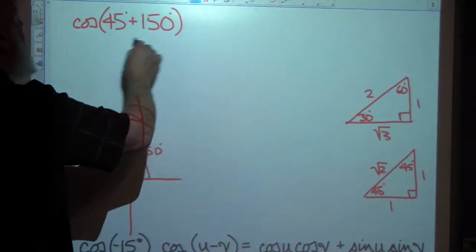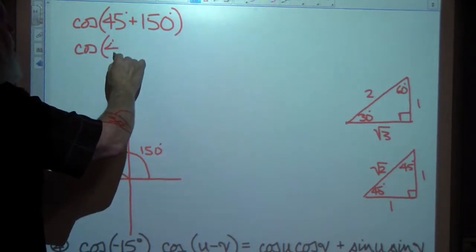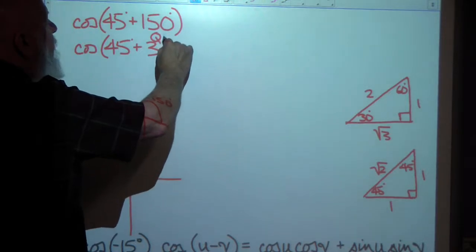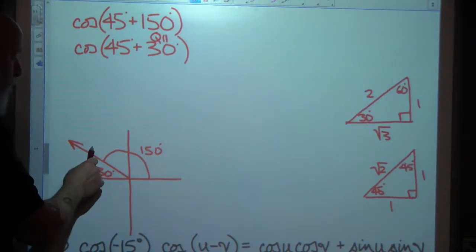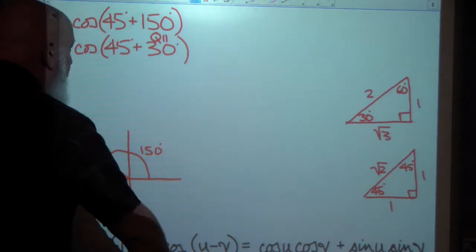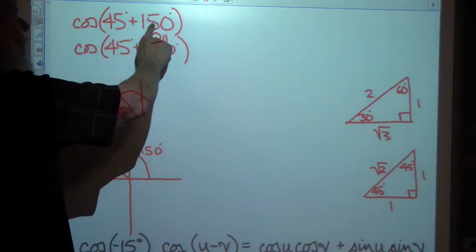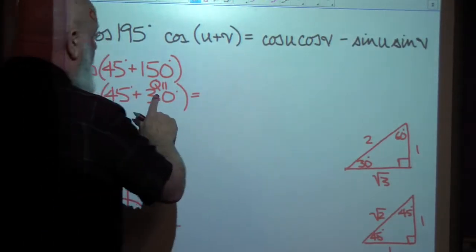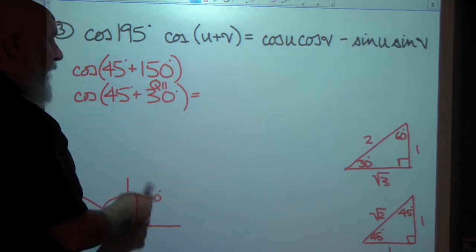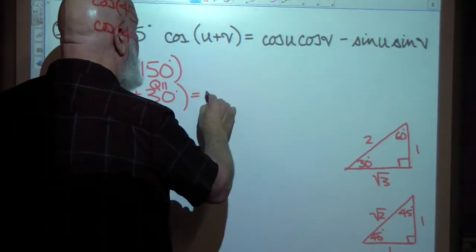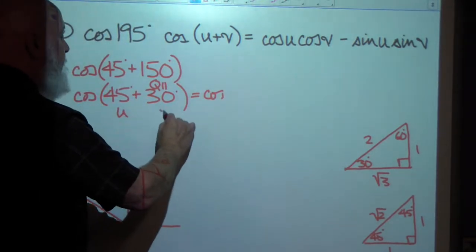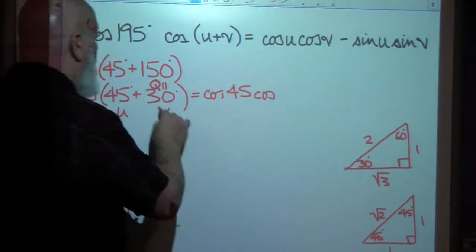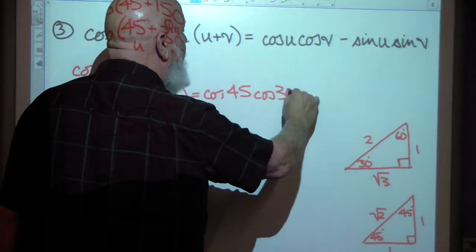So what I'm thinking is, this is the same thing as the cosine of 45 plus 30. Those are degrees. Remembering that I'm in quadrant 2, so my cosine will be negative. All students take calculus. The cosine will be negative here. So I'm using the reference angle of 150 degrees, which turned out to be a special case angle, and I'm going to use this pattern right here. Remembering that the cosine of 30 degrees will be negative because it's a second quadrant angle. So the cosine of 45 degrees, I'm thinking of this as u and this is v, times the cosine of 30 degrees, and again I'm going to remember that's quadrant 2,